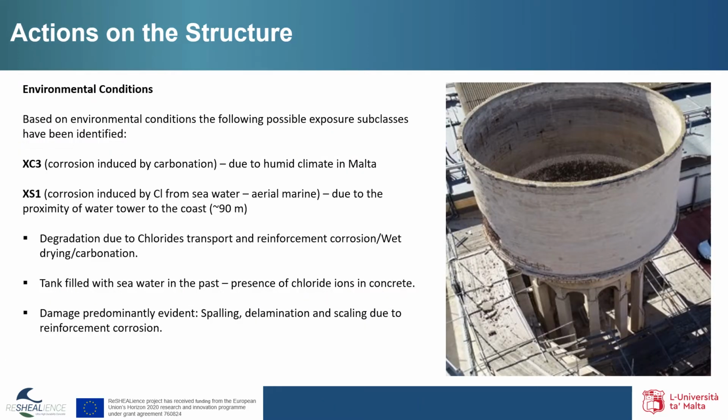Based on environmental conditions, the following possible exposure subclasses have been identified. XC3, corrosion induced by carbonation due to a humid climate. XS1, corrosion induced by chlorides from seawater, aerial marine, due to the proximity of the water tower to the coast, less than 90 meters. And one must note the degradation due to chloride transport and reinforcement corrosion, wetting drying cycles,